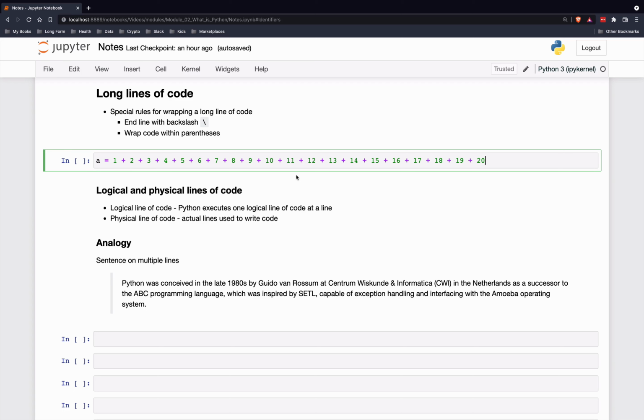In this video, I'm going to cover long lines of code and how to break them up into multiple lines. Python has special rules when you have a single long line of code and would like to break it up onto multiple lines. This is another place where white space matters, and you can't just press enter and move to the next line. Let me show you this, say this long line of code here where we're adding